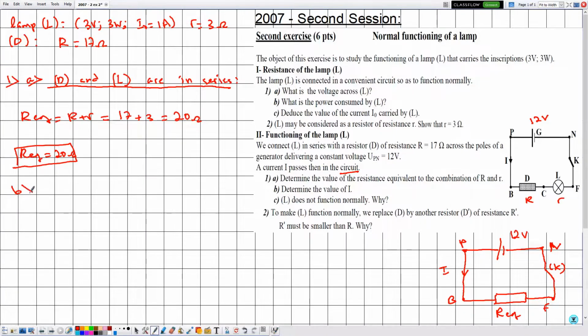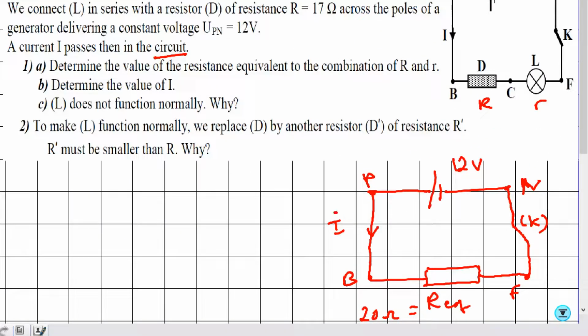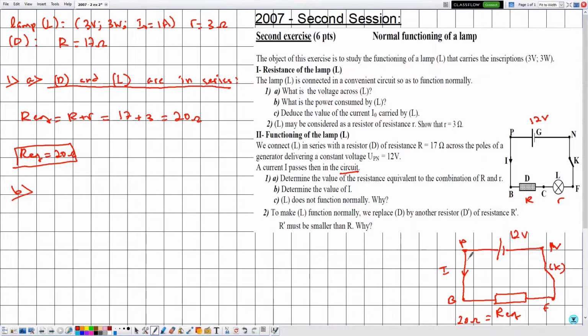Now in part B, they are telling me to determine the value of I. Now R equivalent is equal to 20 ohms. We need to determine the value of the electric current I traversing R equivalent. In this case, we know that the voltage of the battery is given by 12 volts. And because here we only have this electric component, which is R equivalent, then the voltage across R equivalent will